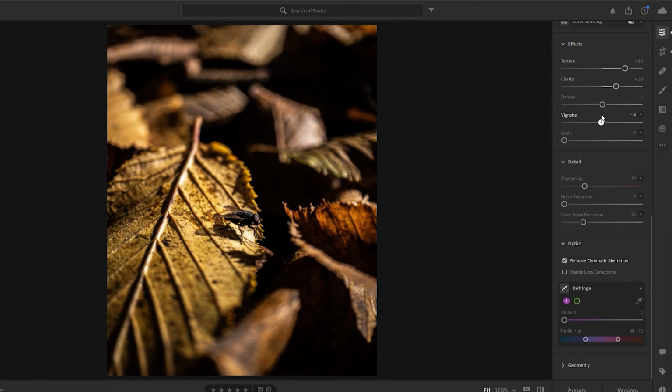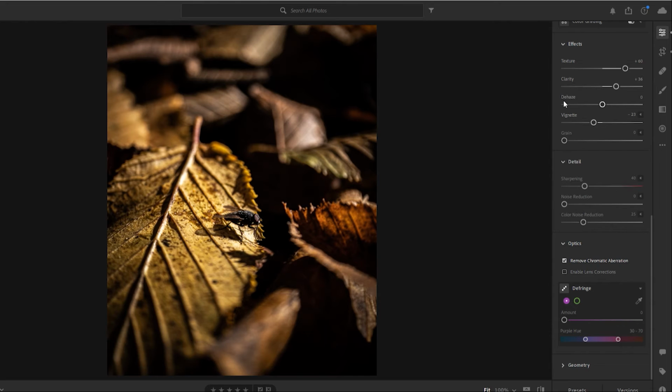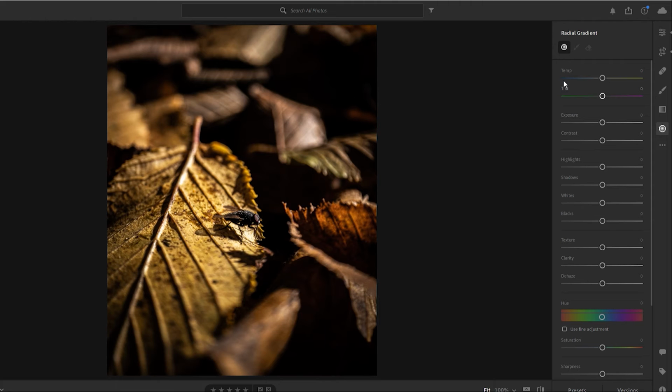I'm going to add a little bit of a vignette because I like doing that too. But now I have this subject in the middle and he needs to stand out. One really good way of doing that is by creating a radial gradient. And by clicking on this, I get a new tab here with almost all of these sliders that I had in the previous normal editing mode setting. And all I have to do now is draw a little circle around the subject